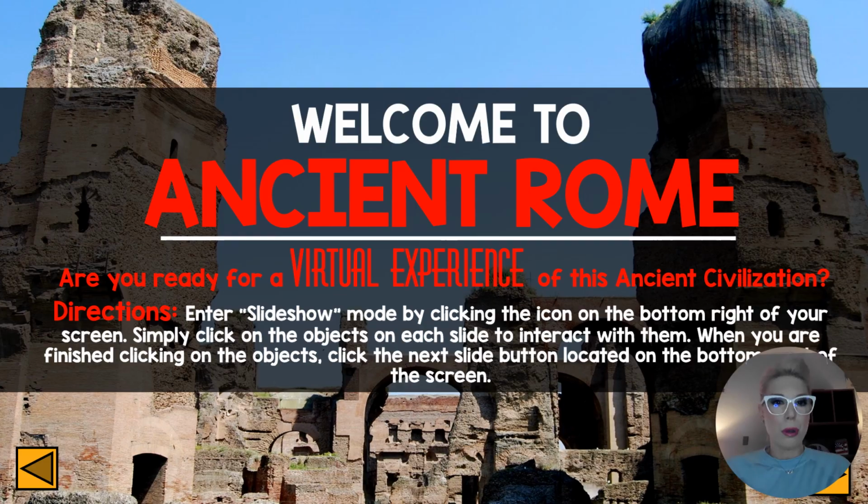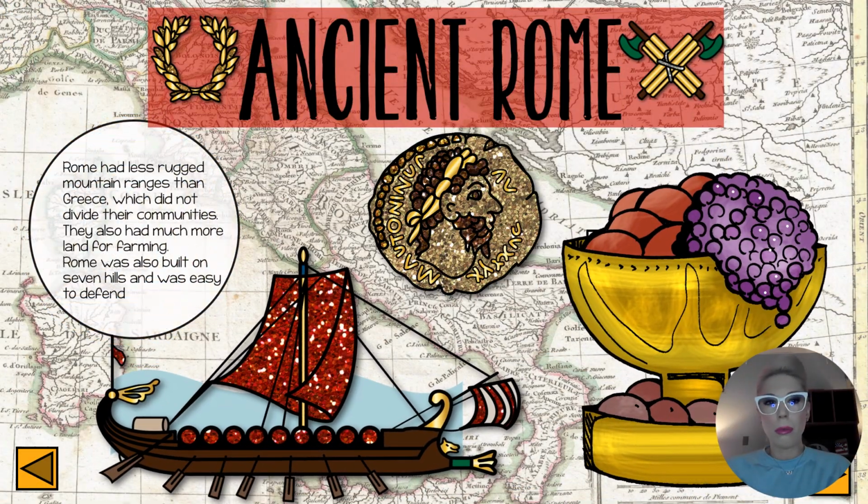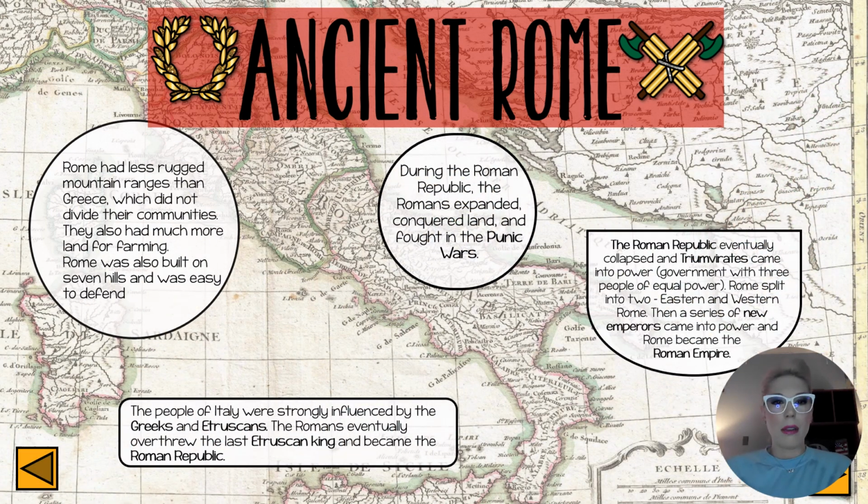Today, with ancient Rome, Rome is so important for many different reasons. You may have heard, well, why did it fall? Well, I'm kind of getting to the end of it, but it was so great. If it was such a great civilization, why did it fall? Well, ultimately it fell from within. They didn't have enough power to control half the world that they controlled. So we're going to get into that too. We're also going to talk a little bit about geography and their government systems.